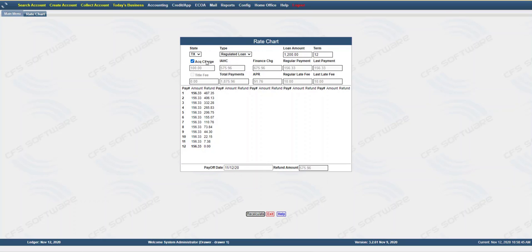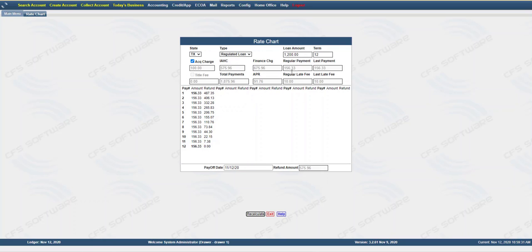If you have acquisition charge checked, it will use the acquisition charge that you have in your settings, which is 100 up to $100, depending on how much you're lending. It will tell you back IAHC, finance charge total, that financing from lending that money, the regular payment, which would be how much they're going to be paying per month, last payment if it's different, total payments, so that would include the finance charge plus the amount lent,